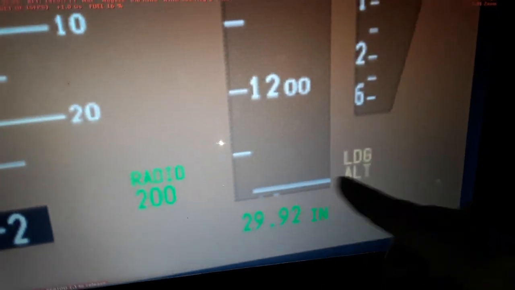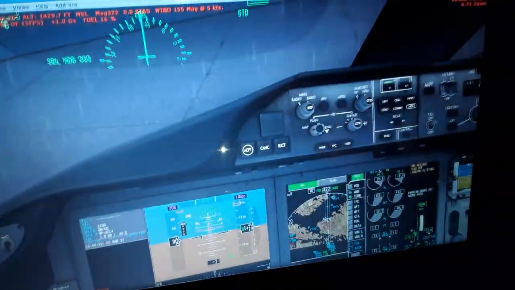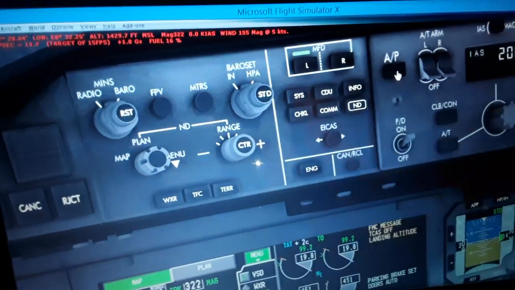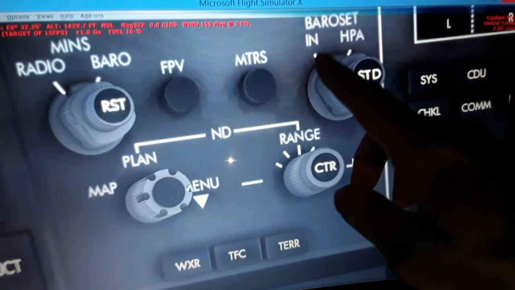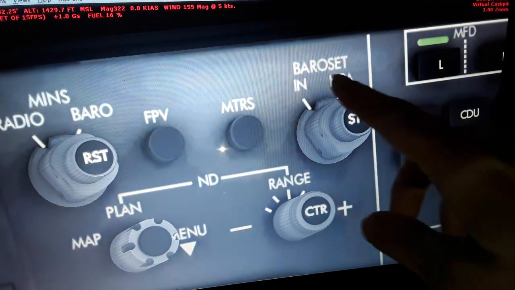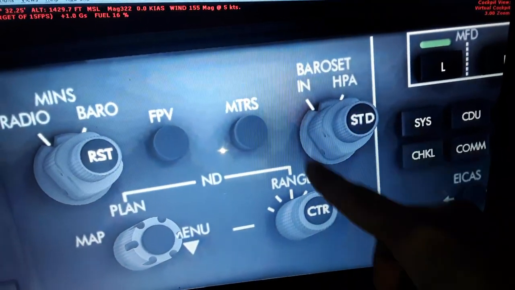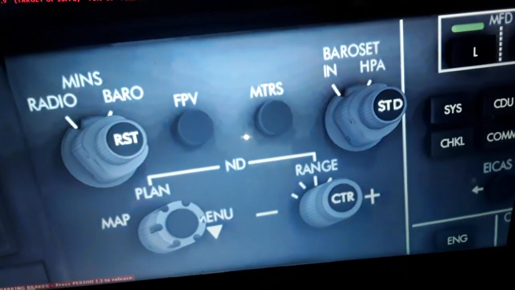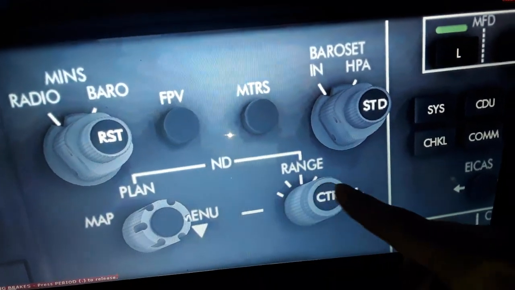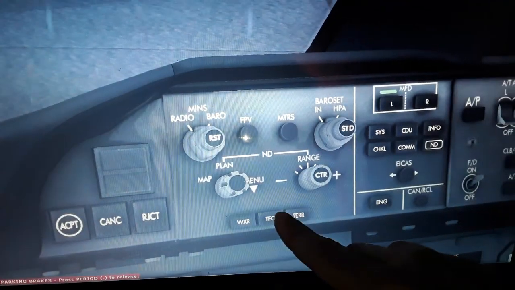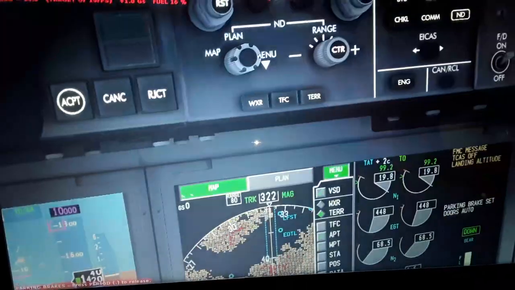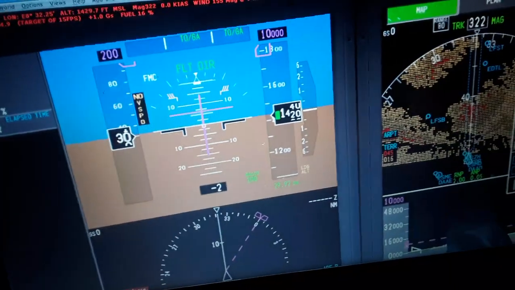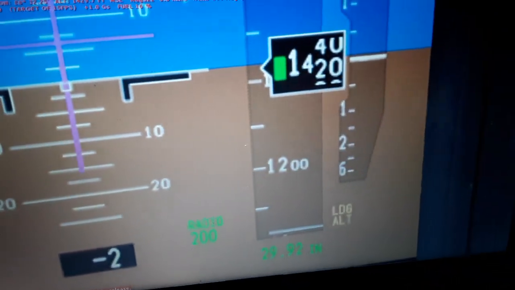The barometric pressure, also altitude of the outside atmosphere, we have set over here in the EFIS panel, electronic flight instrument system panel. So we set the barometric altitude. We have 29.92 inches of mercury right now, or 1013 hectopascals. We can increase or decrease the value to increase or decrease the altitude. Also radio and baro, plan, range, menu, map. Also weather radar, traffic and terrain on the display. This is for the navigation display function also. So we have the barometric pressure set, the barometric altitude. We have also the